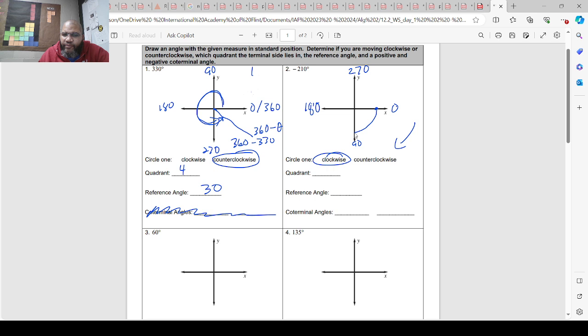That's 90. That's 180. Right? I'm going in the negative direction. I'm going backwards. So I went 90 degrees, negative 90. Then I went negative 180. And we need to get to 210. So now that that's 180 degrees,